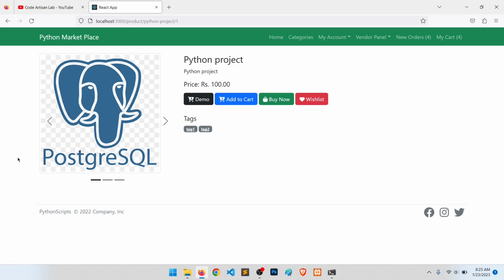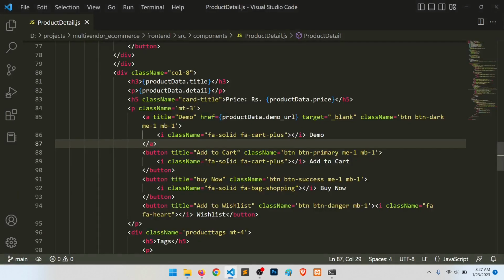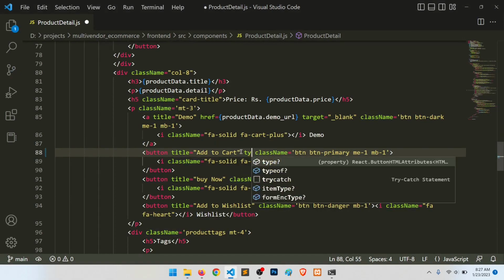So let's start. When we click on this button, it should add to cart in the session, and it should also show here, right? So let's start with the add to cart, and let's implement this. First of all, I will make this type button,